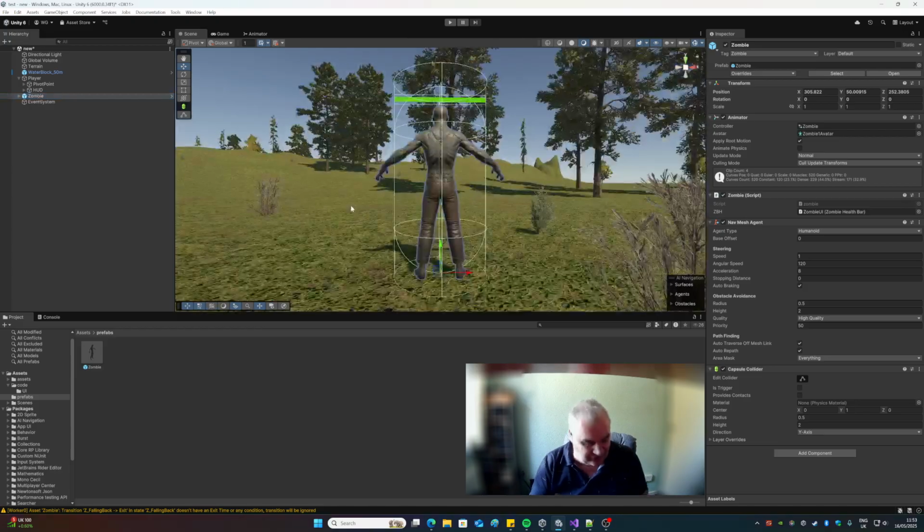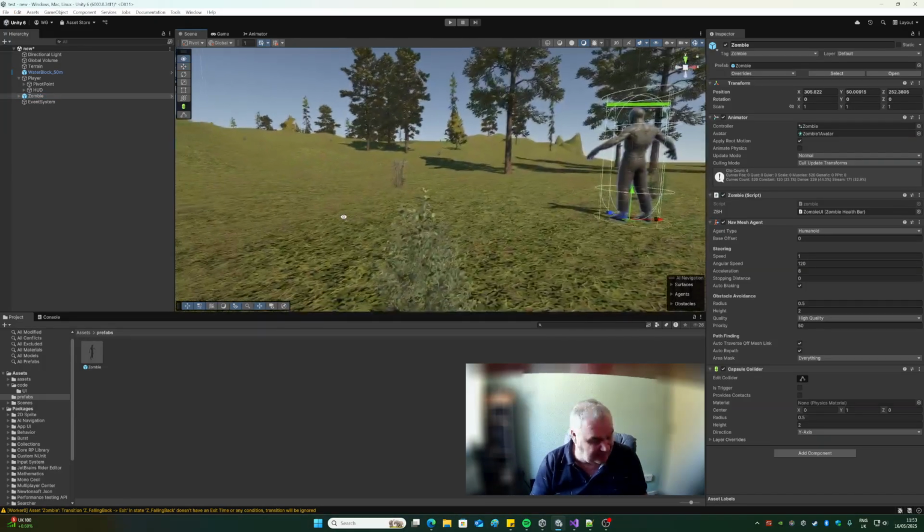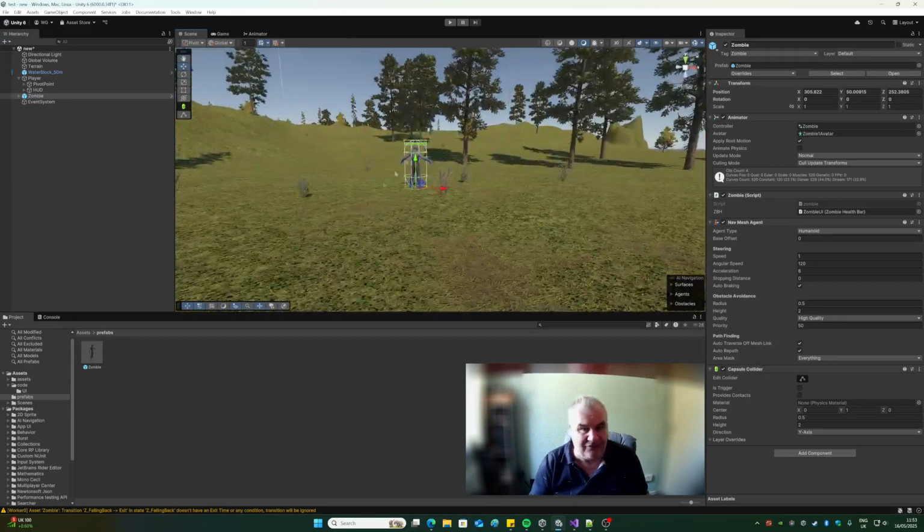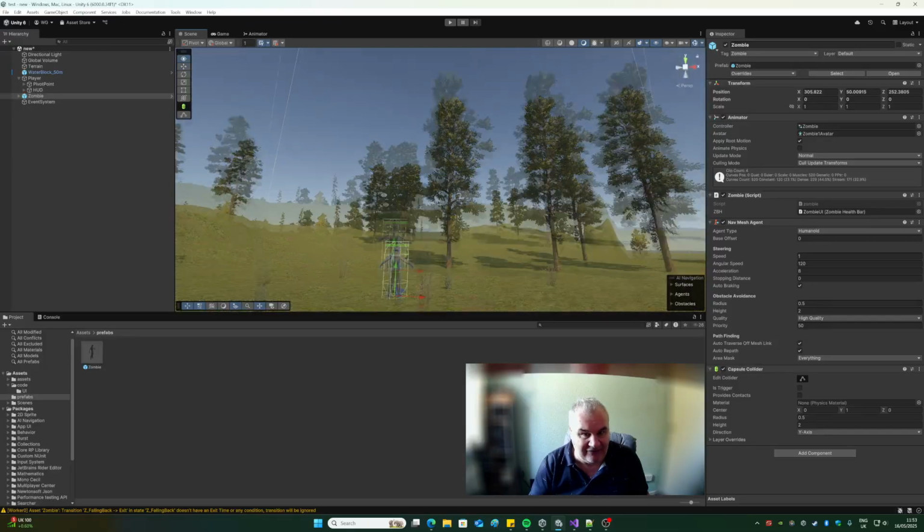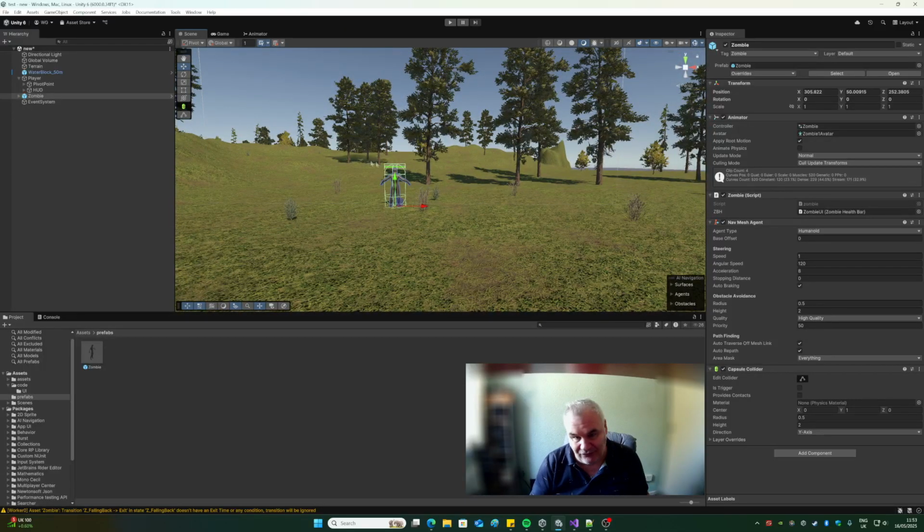So I'm going to zoom in where the zombie is, and let's, for example, add some more zombies. Literally in scene mode, where you want them, so zoom right in. I'm going to put some more zombies. I'm going to put one here. See what I'm doing? Just drag, drop. Let's have another few. There we go. Now if I press play,